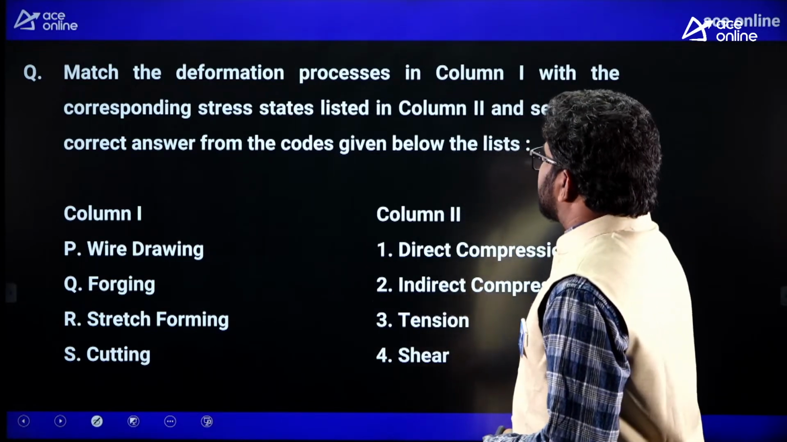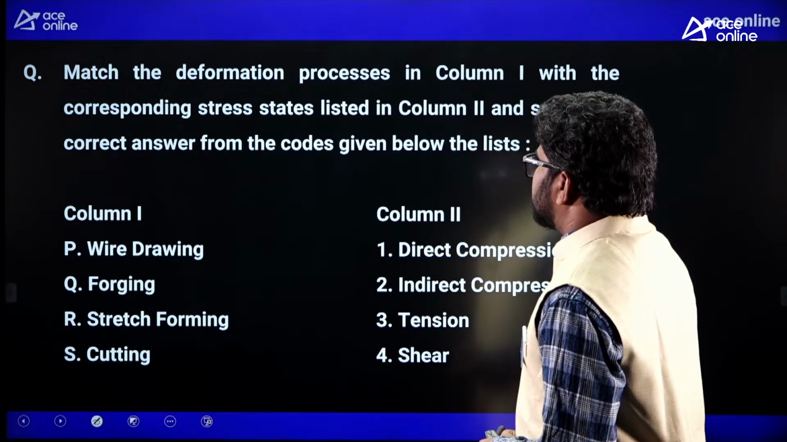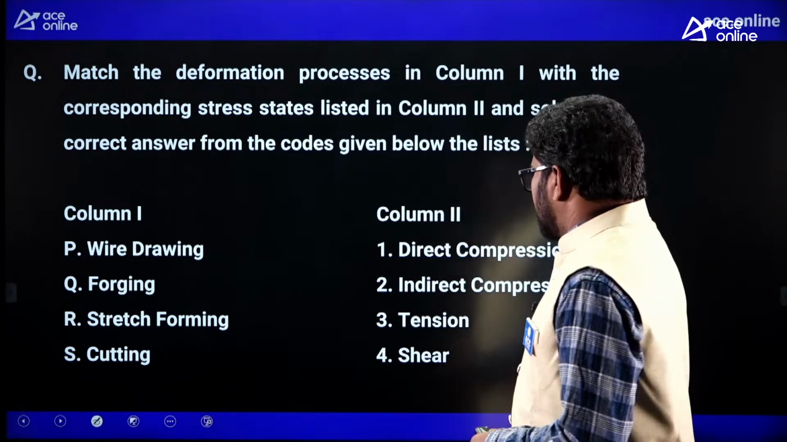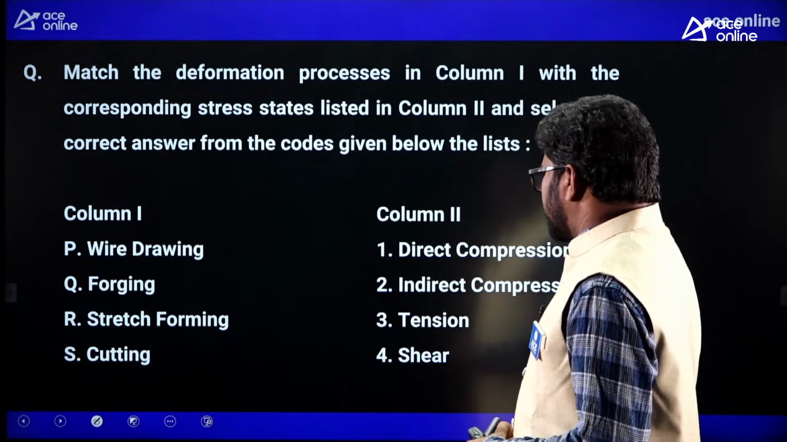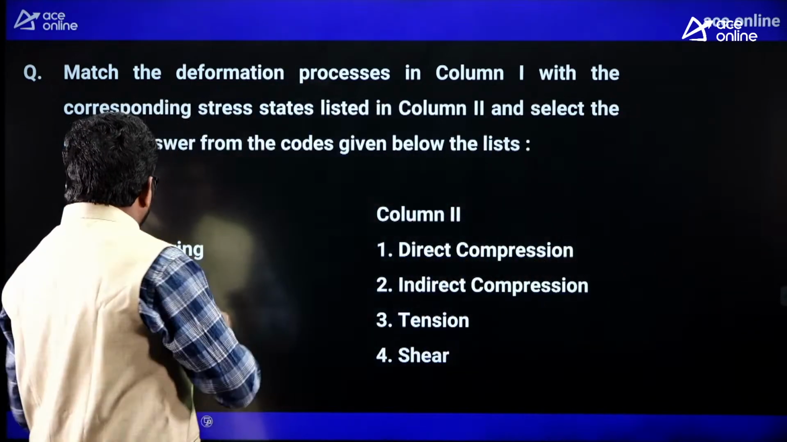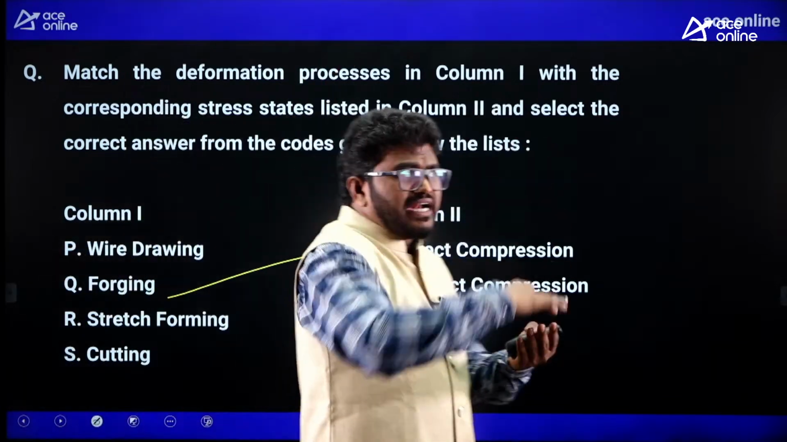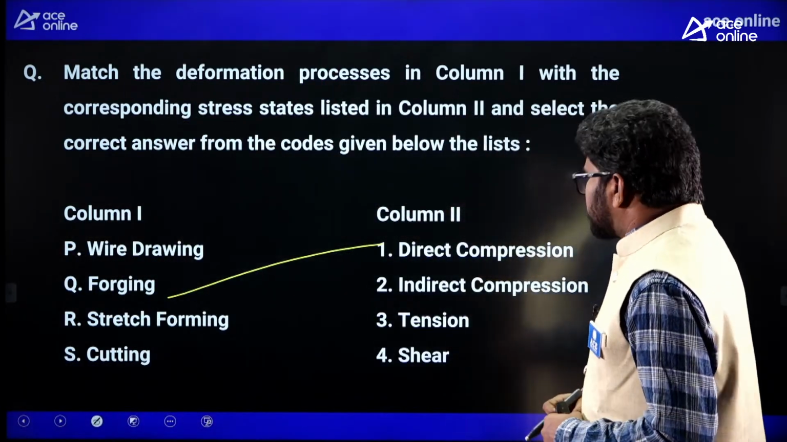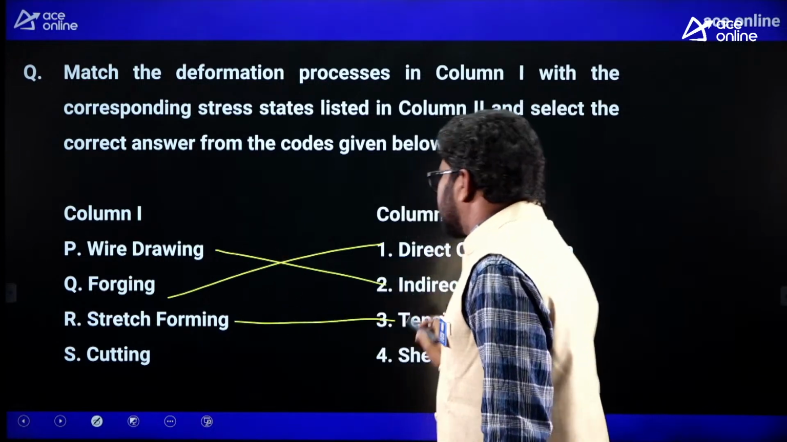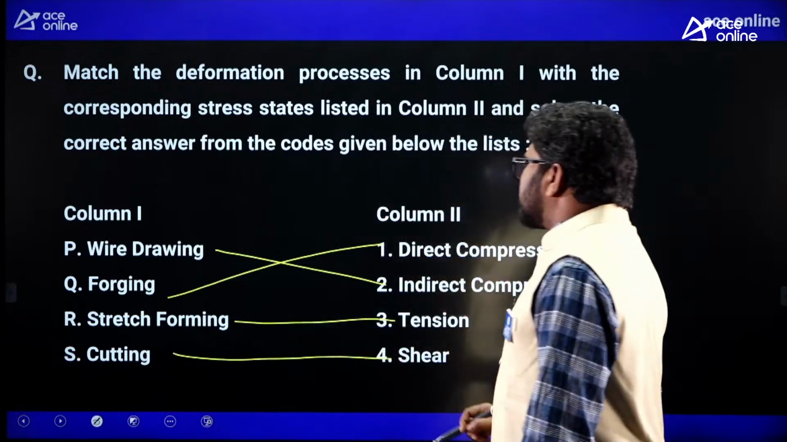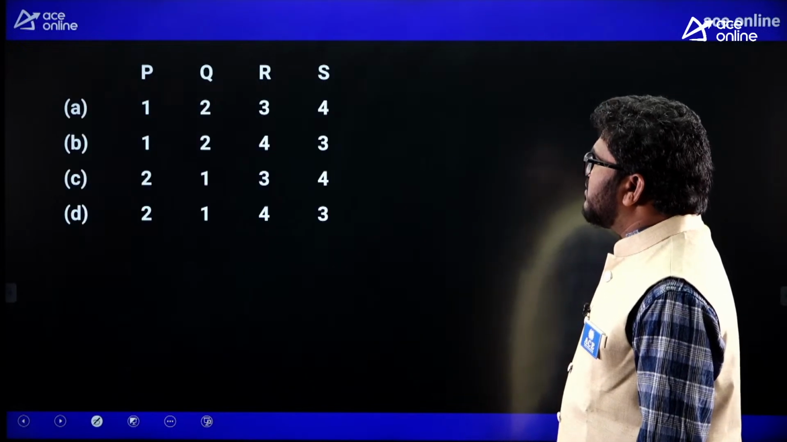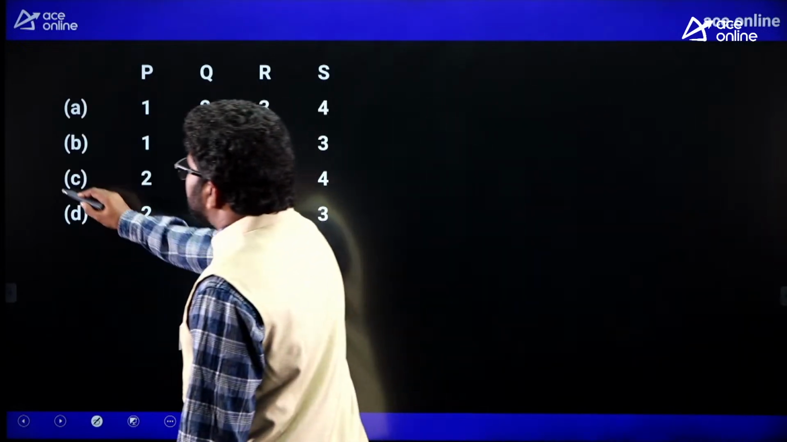Match the deformation process in column 1 with the corresponding stress states listed in column 2 and select the correct answer from the codes given below. We already discussed this one, once again we will discuss it. Forging operation, direct compressive force you are applying. Stretch forming is tension, directly tension. Wire drawing, indirect compression, and cutting is nothing but shear. So 2, 1, 3, 4, C is the correct answer for this